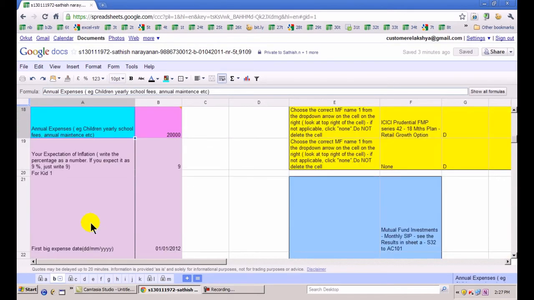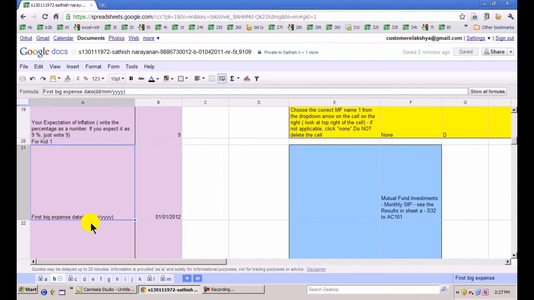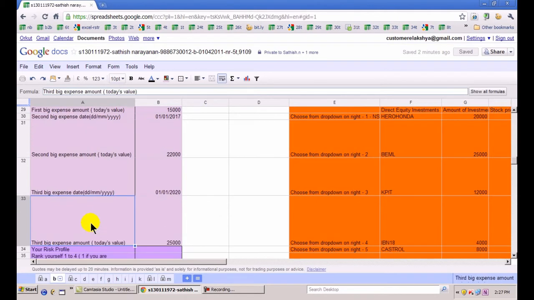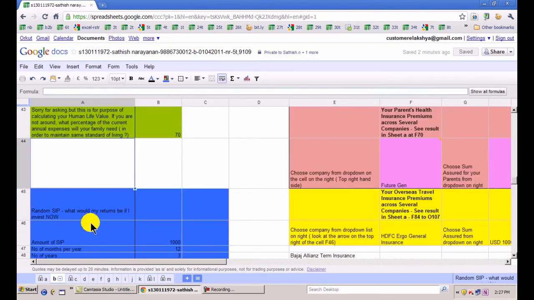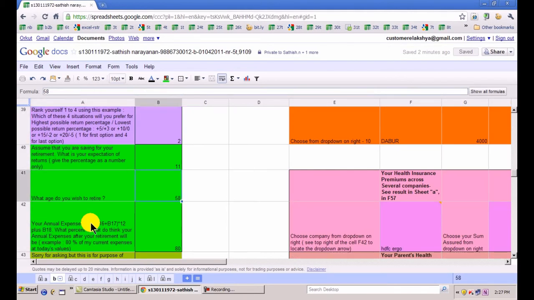Supposing these change, your expectation of inflation changes, expectation of the rate of interest which your money will give changes, the expense date and the amount required for those expenses, all those change. For example, your goals change, right? There is change of date, there is change of salary holding, there is change of some new particular development in your family, some new investment made in some property, whatever it is, anything. Or if supposing you suddenly decide not to retire at 58 but to retire at 55, all you need to do is to enter the data in sheet B.